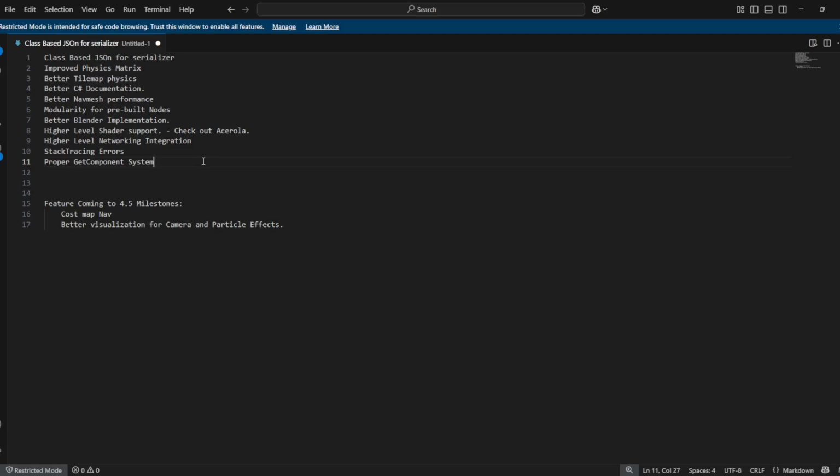Let's maybe assume they don't know Unity. Get component is a way of getting classes that are attached to a game object in Unity. The closest thing in Godot is get node, which looks at the nodes below and finds nodes of a specific name. The problem is with get node, you also have to parse it into the type of node you want because it just returns a node. Well, you can put the type of node you want it to return, but I think you still have to pass in the name.